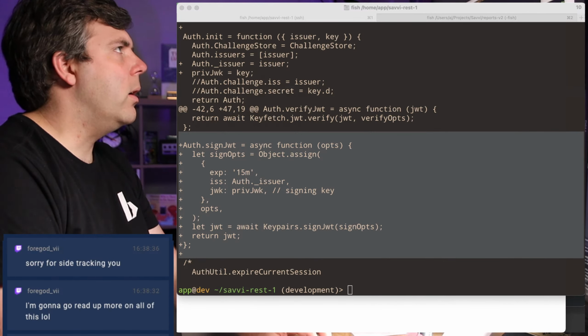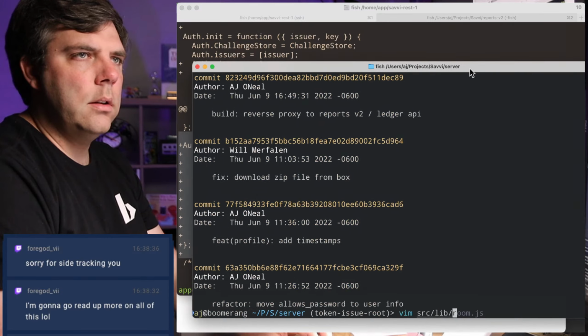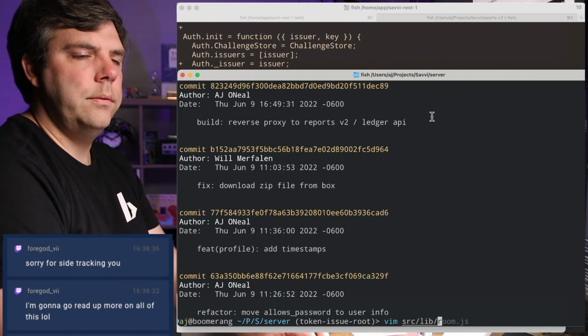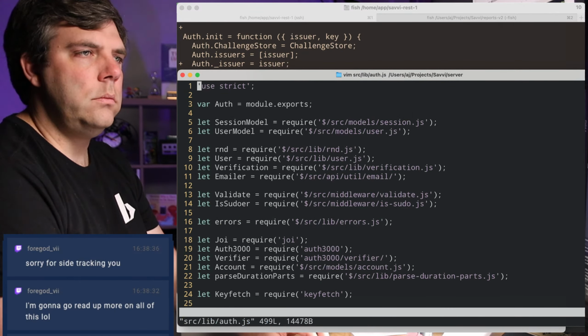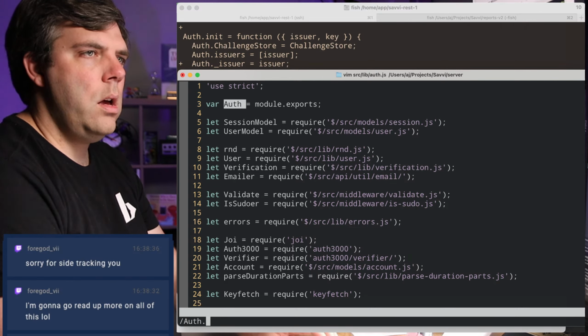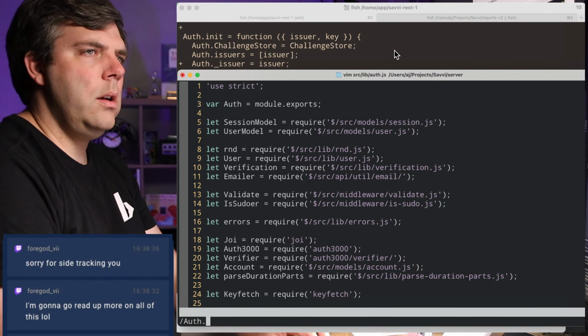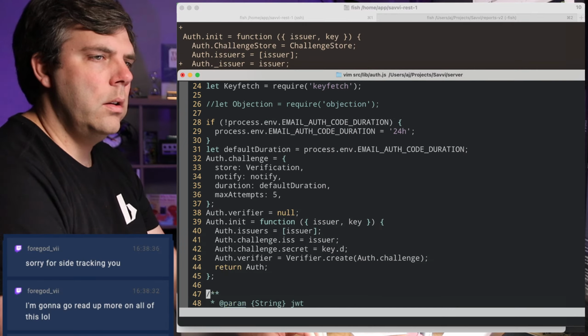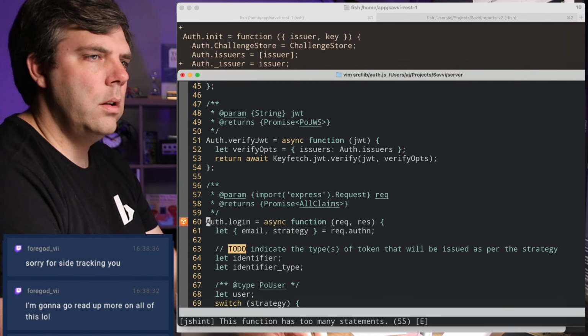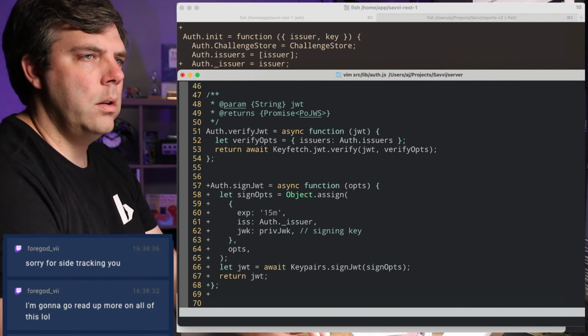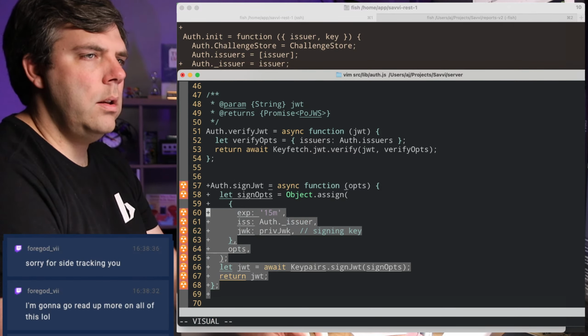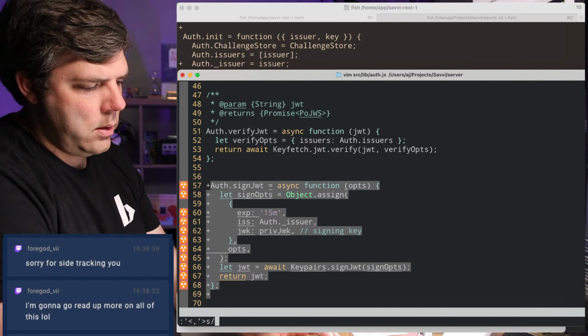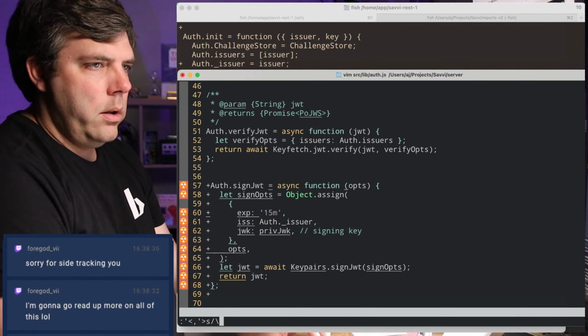Source lib. I'll bring this back over. I'm just going to copy and paste. Off dot. What do we have here? Verifying. Let's get these pluses.